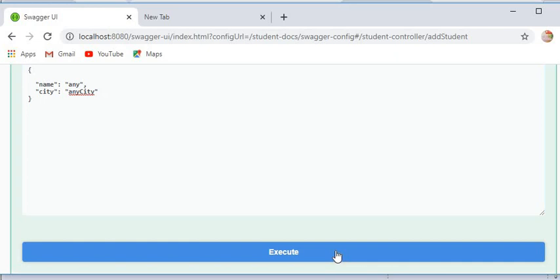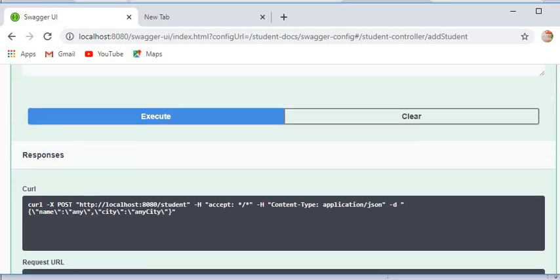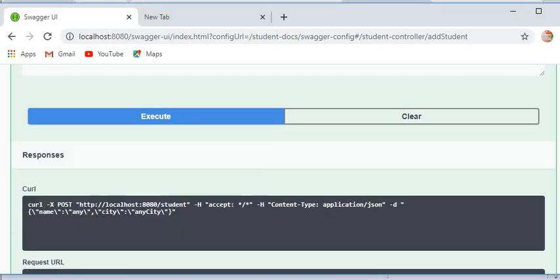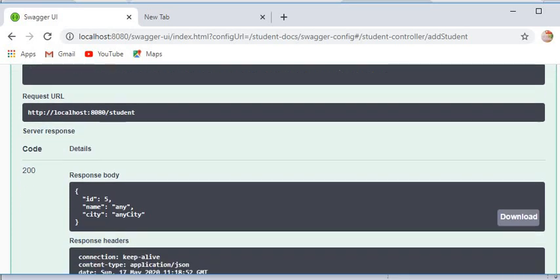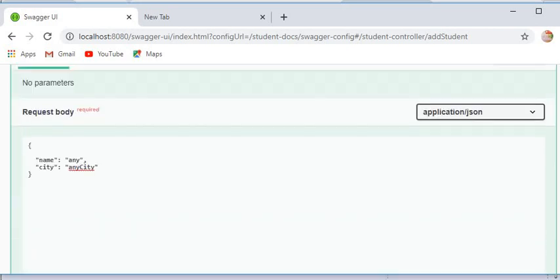Now I will execute. Here you can see the response. That is the ID generated by Hibernate's generated value generator, and it is a name and the city. Like this we can test all our APIs from here.